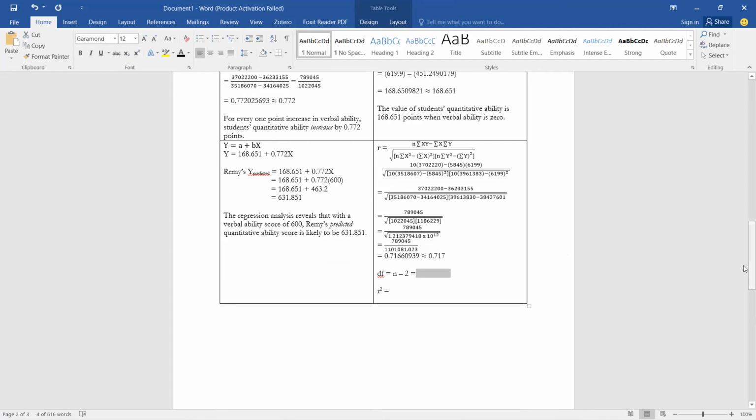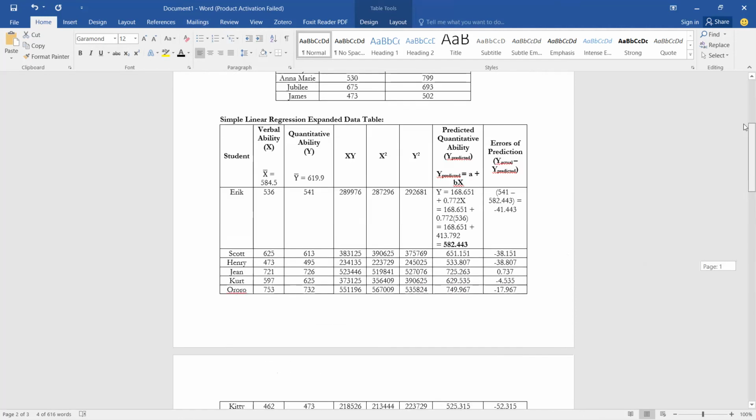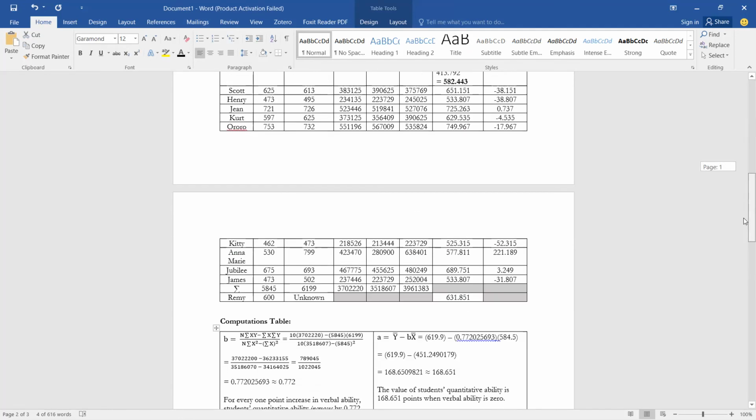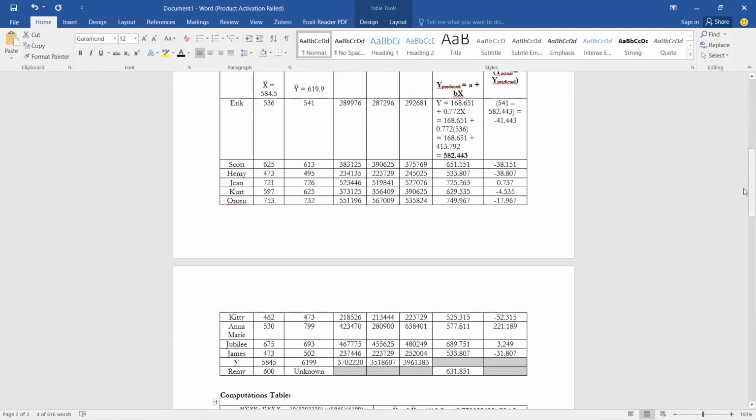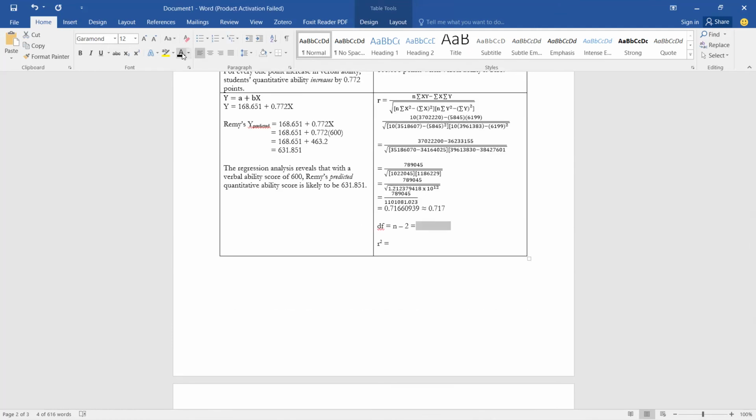No, so we're not including our additional student, right? We're only using the first 10 that were randomly sampled. So it should give us 8. Now the coefficient of determination